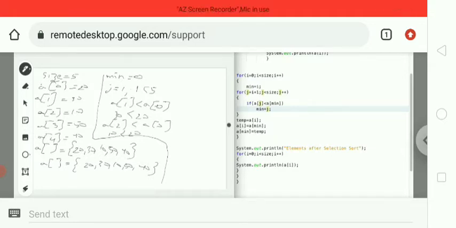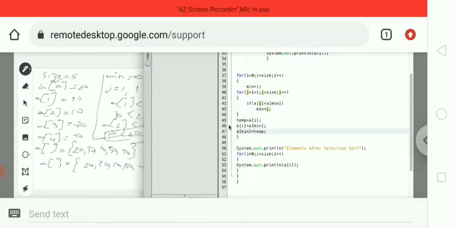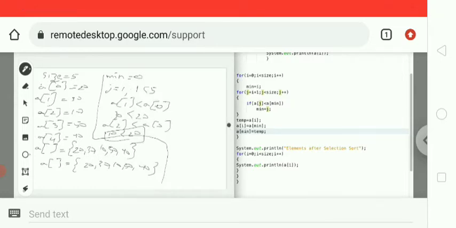So 10 less than 20, the condition is satisfied. When the condition is satisfied, min equals j, that means min will become 2.